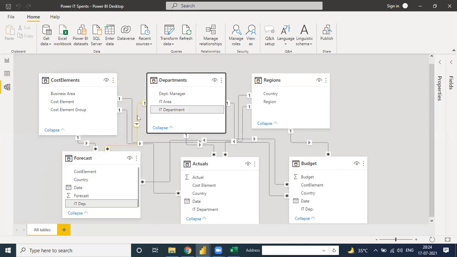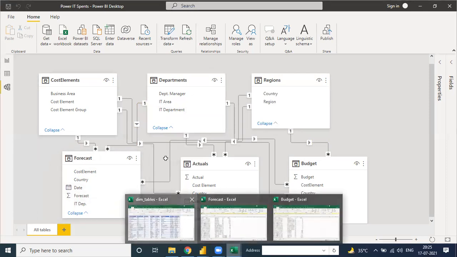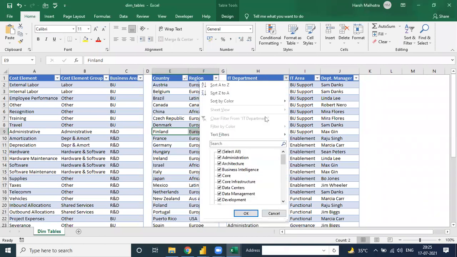See, there is a relationship one to many. One to many means, these are the many. Many means in this forecast file, the IT department is one value, but in the forecast department, IT department value is many more. Like suppose in the dim table, in department, there is one department like administration.